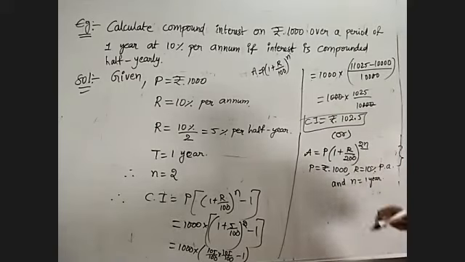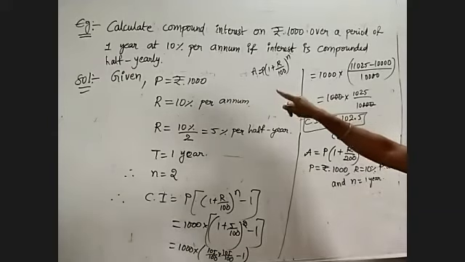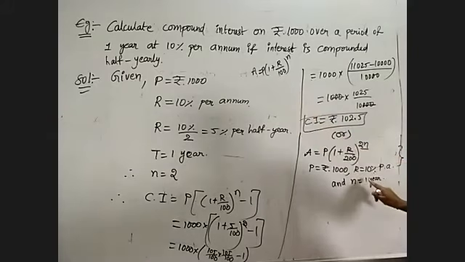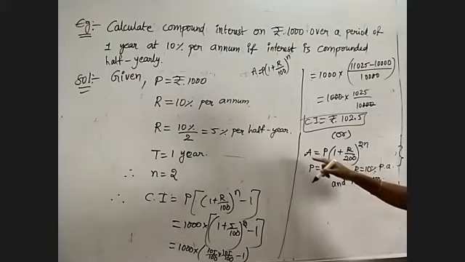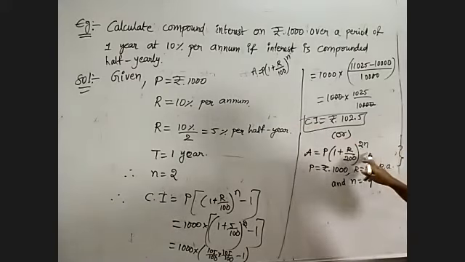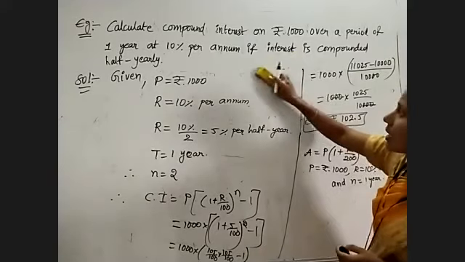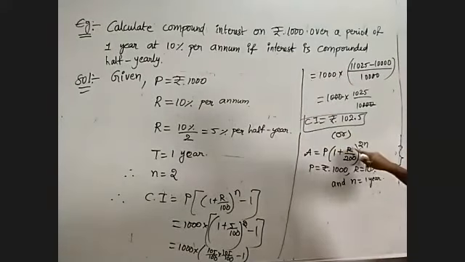And the number of conversion periods: for 1 year we have 2 conversion periods. Yes or no? So here take n equal to 1 year, 2 into 1, 2 conversion periods. If the time they give is 4 years, then 2 into 4, 8 conversion periods I will use. Understood? So instead of all these things, you can remember these formulas also. And same for quarterly, we can take the formula. Quarter means r by 4 we have to calculate. So p into 1 plus r by 400, whole to the power of 4 into n. That's all. Remember these formulas, that will be easy for you.